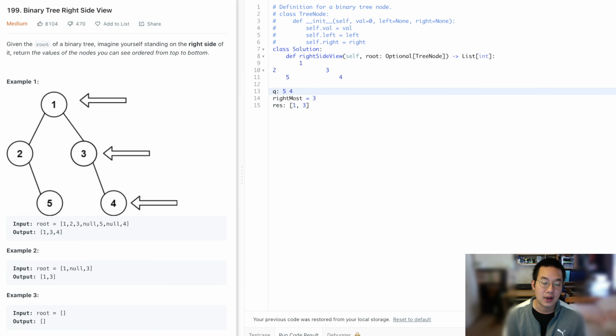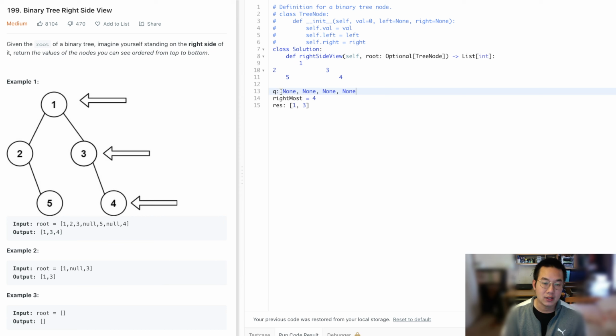Then we have 5 and a 4. So what happens then is that we check out the 5. That becomes the rightmost. There's no new nodes. Of course, there is none and none at this point. And we drop in a 4. And that's going to be our new rightmost. And of course, we have none and none. And our array,